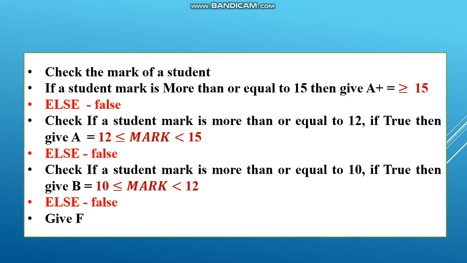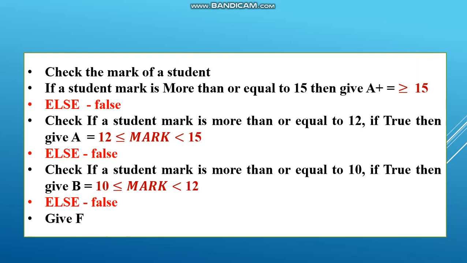If true, give A. Else, in case of false, you check if the mark is more than or equal to 10. If true, give B. Else, in case of false, you give F. So this is the logic.